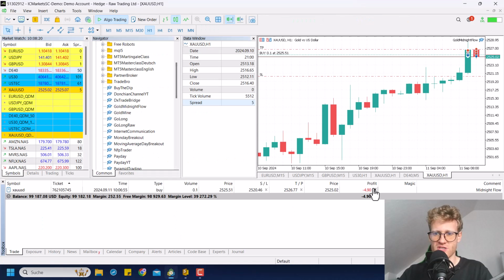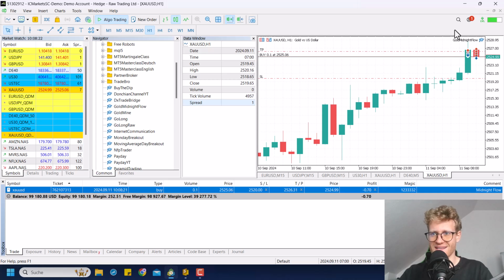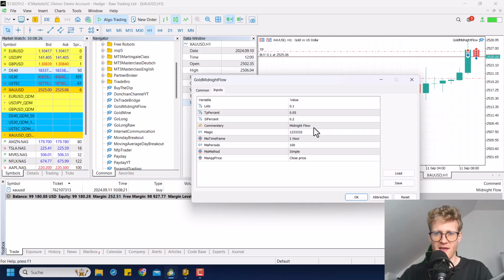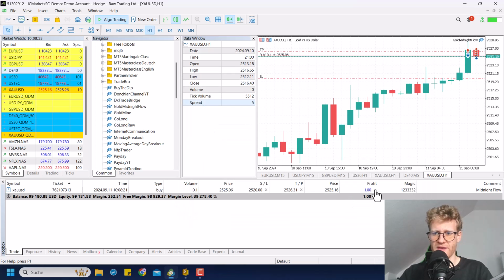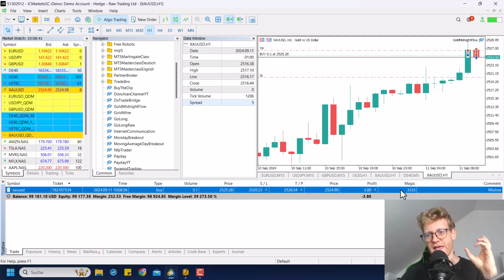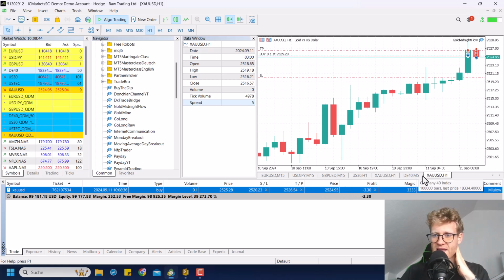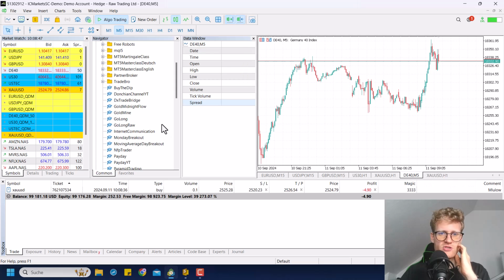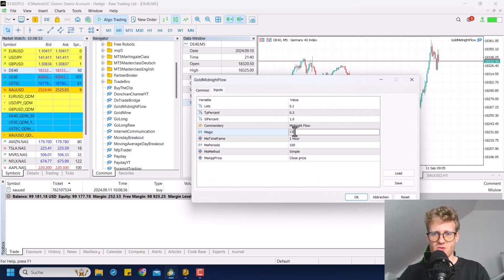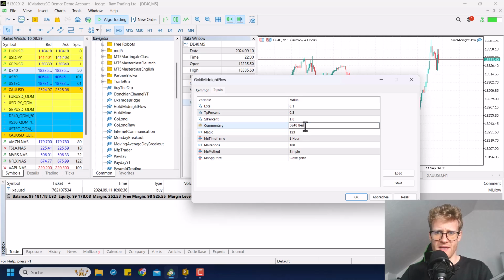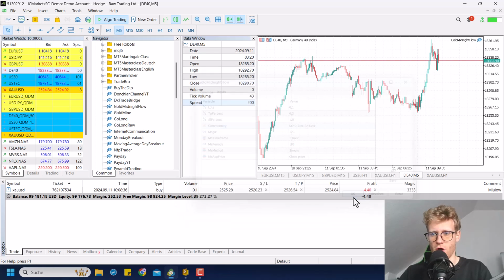So let me open a position again, and you can now see the magic number is exactly as I chose it here in the comment. I can also change this. So we always use the values from the inputs now for new positions. And this is super helpful, because if you do use multiple expert advisors in your program, for example, let's say I don't want to use the midnight flow only in gold. I also want to use it in this DE40. If I activate it here, I could just use a different magic number and a different name, DE40 best EA ever. And then if I click on OK,